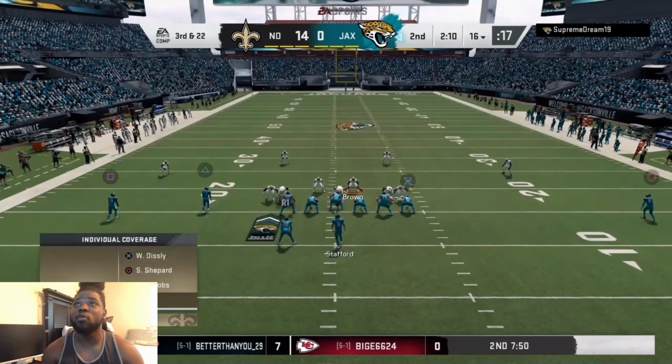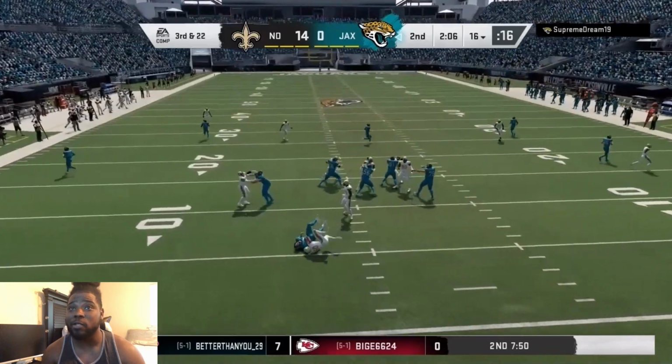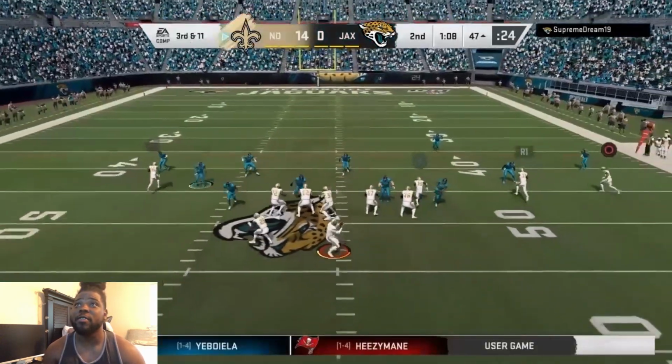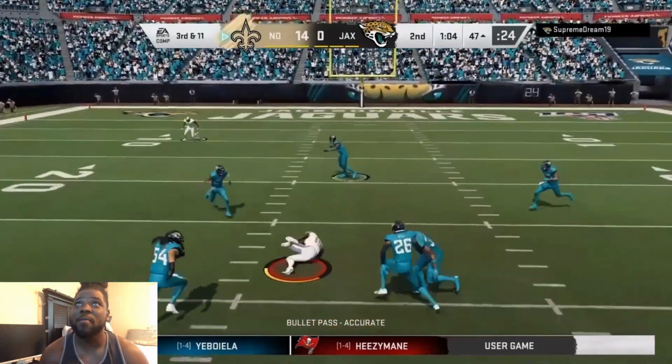So right here, 3rd and 22, y'all know we sending the hounds. If it's 3rd and 22, you getting blitzed 1000% of the time. So right here, we end up getting the 3rd down of ourselves. We throw a nice little dot across the middle to Brashad Perriman. So that's gonna bring up